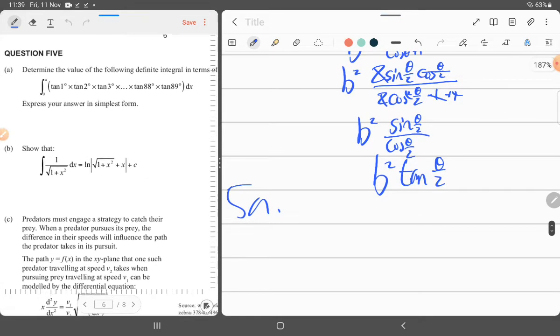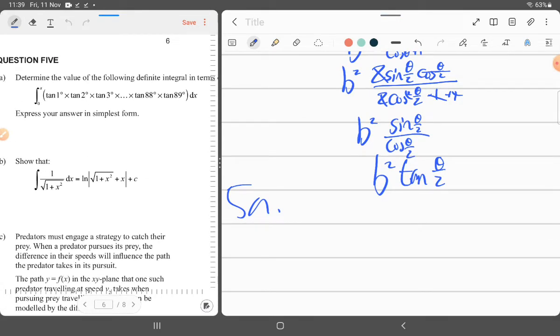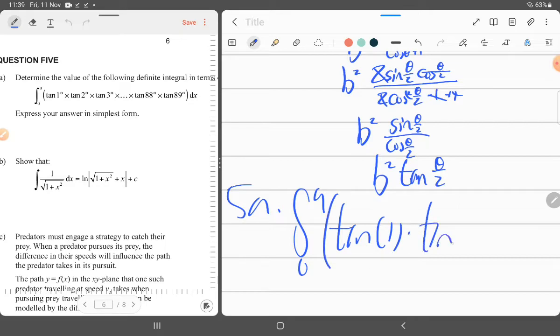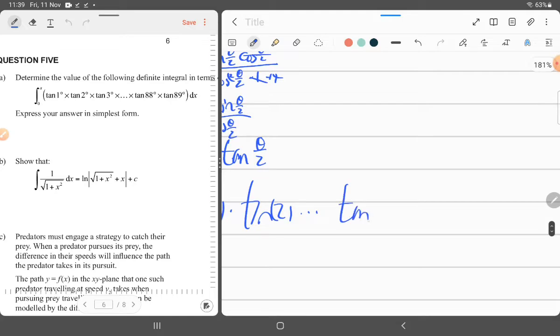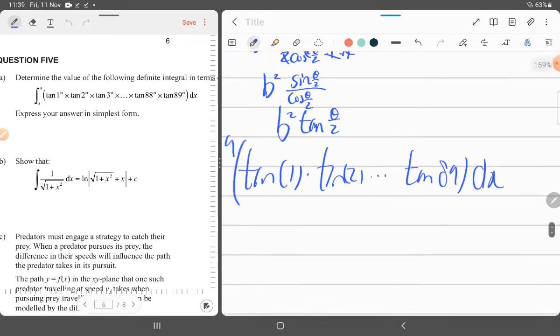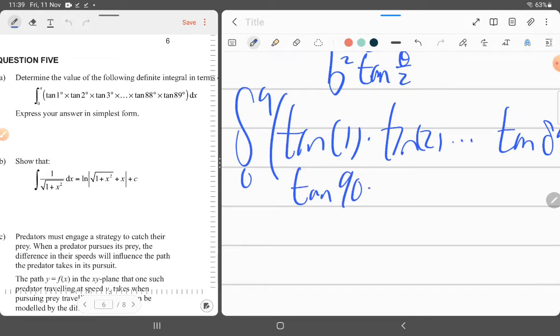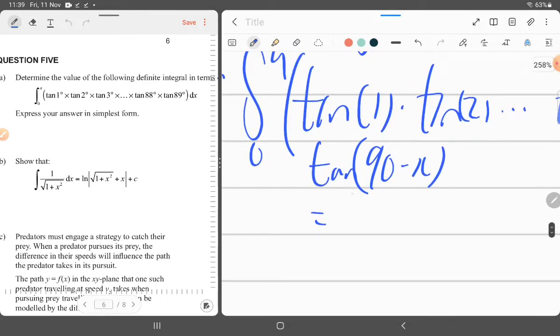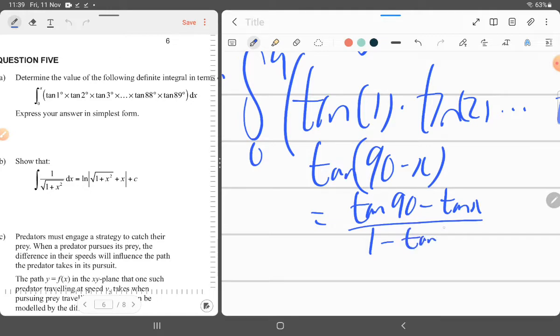The integral of tan 1 times tan 2 times tan 3 up to tan 1089 dx. So 1090 minus x, that is equal to 1090 minus tan over 1 minus tan. Actually, no, 1090 is impossible, I'm pretty sure. Yeah, it is impossible. So we have to break it up into